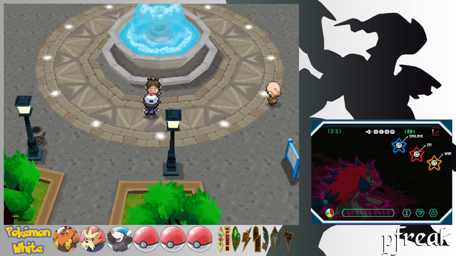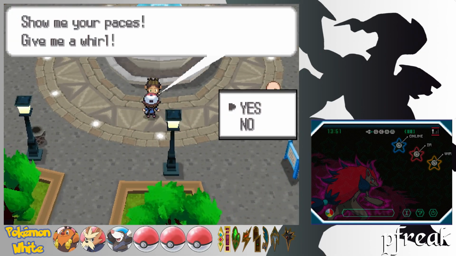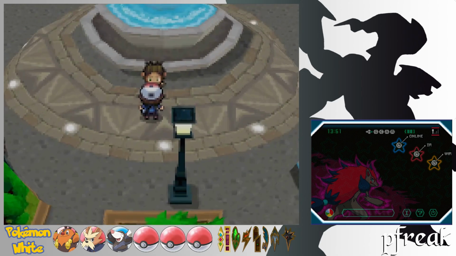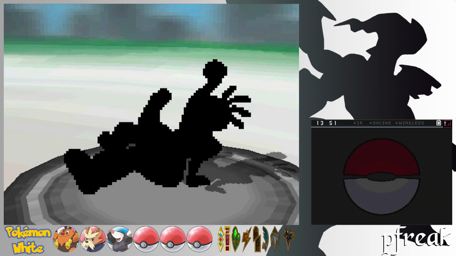I want to talk to this guy right here. Hey, trainer, show me your paces. Give me a whirl. Alright, a fight is like a dance. This guy basically wants to fight with us, and when we're done fighting with him...